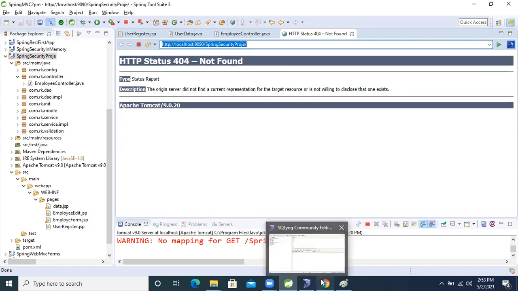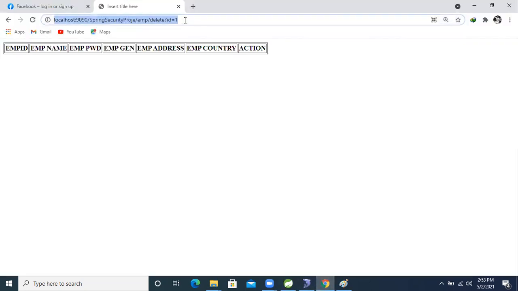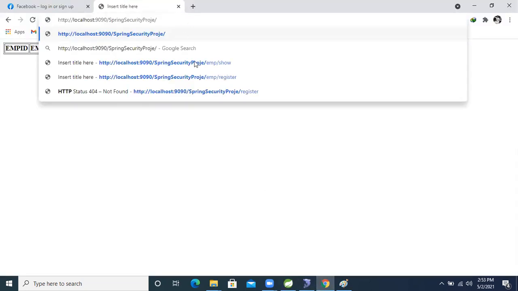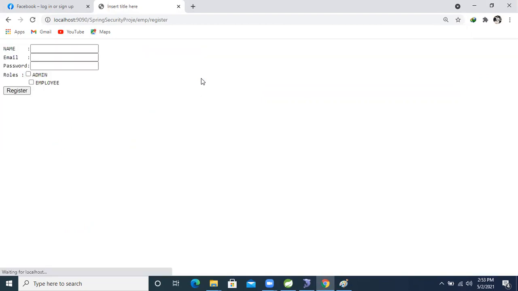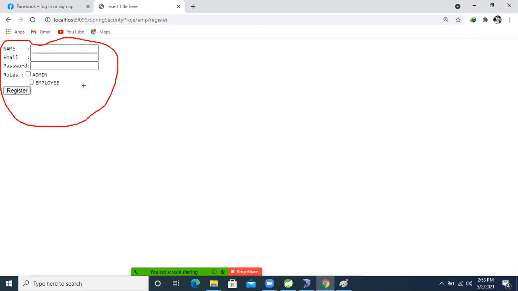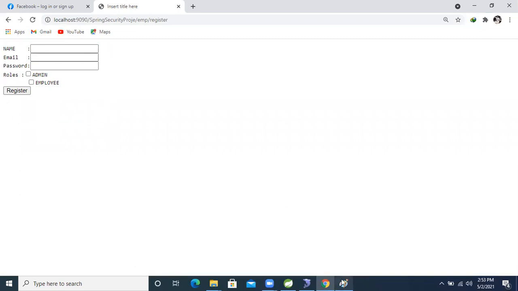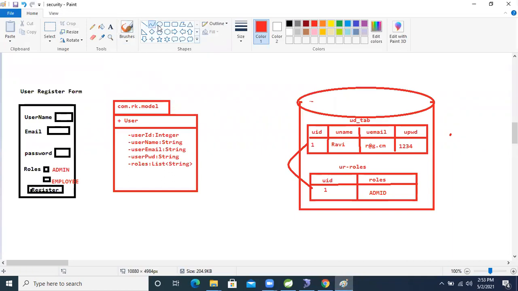So what will we do now? Here, the employee register request, and whatever form we developed till now, we completed just now. This much operation we completed, but we also need to store the data in the database.